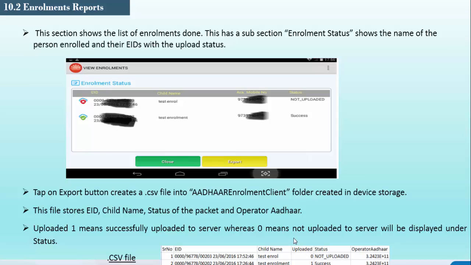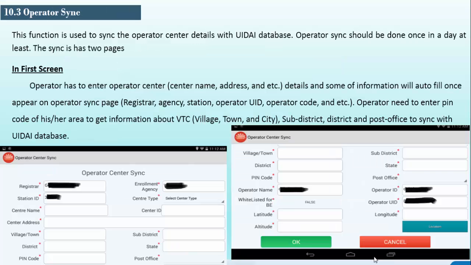If you find the packet upload status as 0, then the packet is not uploaded to the server. So we can see the 28 digit EID, child name, uploaded status, and operator Aadhaar number using the CSV file.